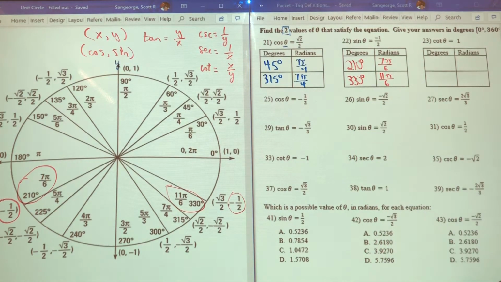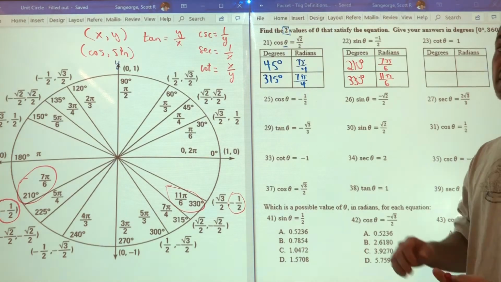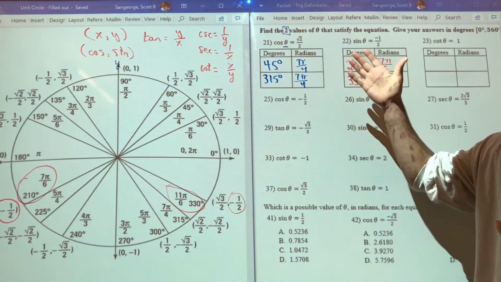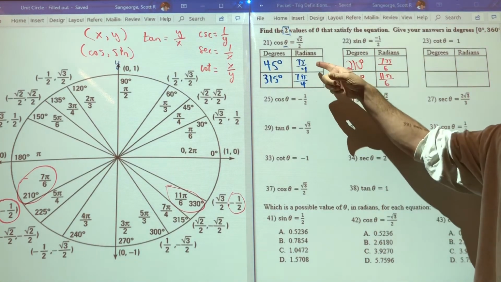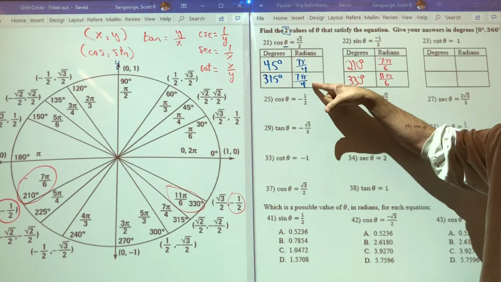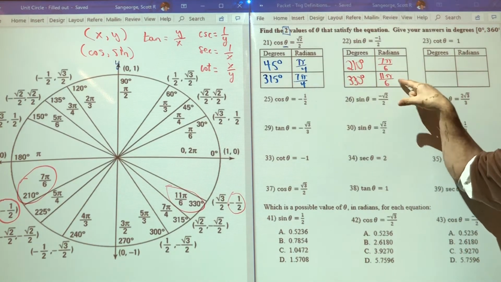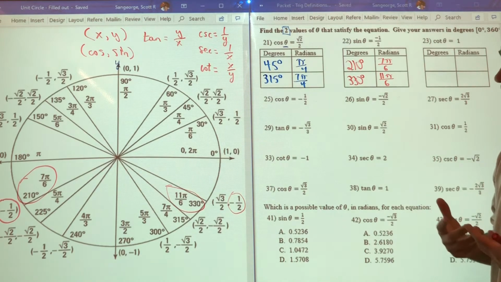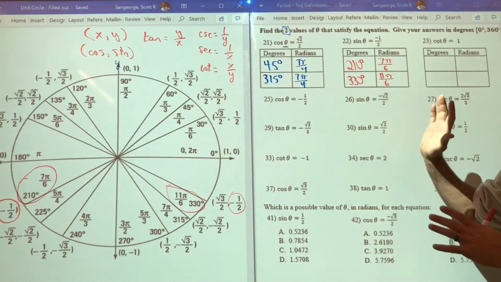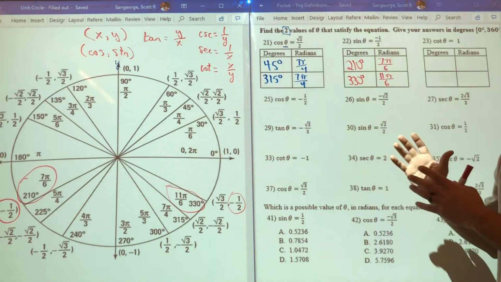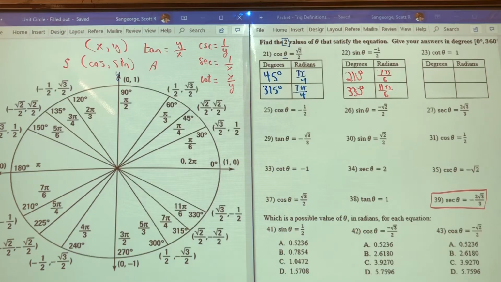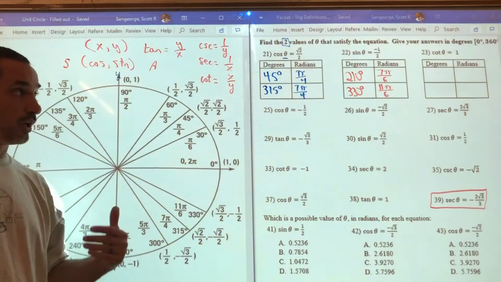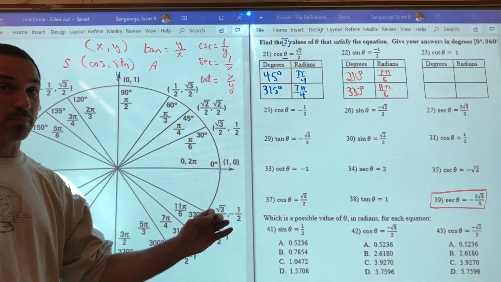And I know some of you are saying to yourself, hey, these answers seem to be in the same family of values. This is the pi over 4 family, and that's the pi over 4 family. This is the pi over 6 family, and this is the pi over 6 family. So if you've already made that connection, great. If not, you should look at that connection and recognize that we're going to get things that are in the same family of values. All right, so we're going to do another example, and this problem is a little bit